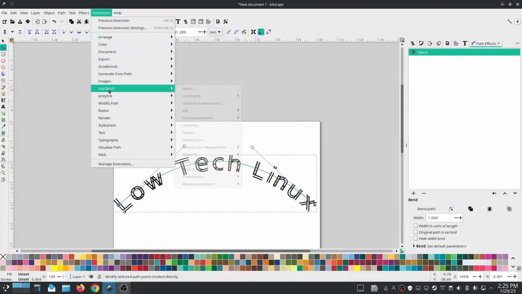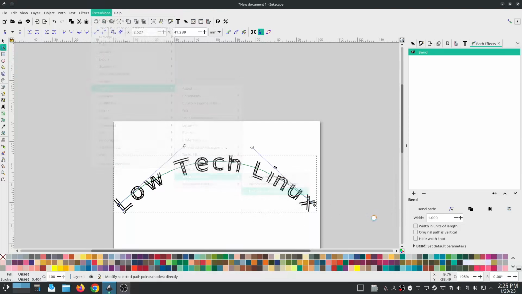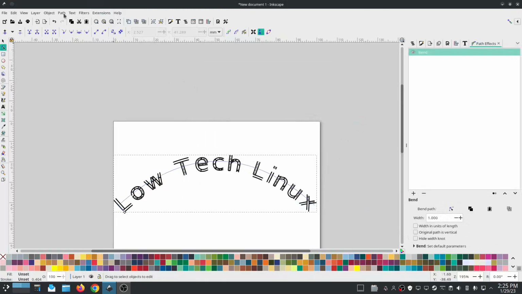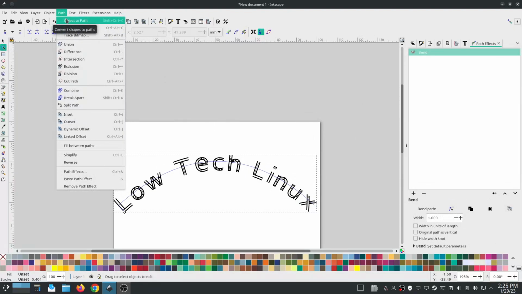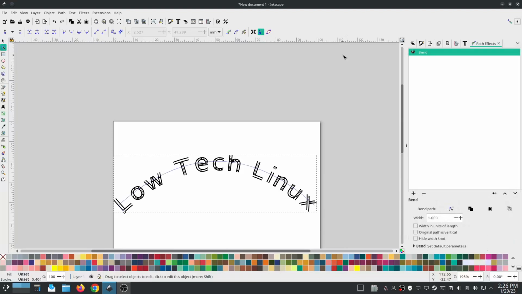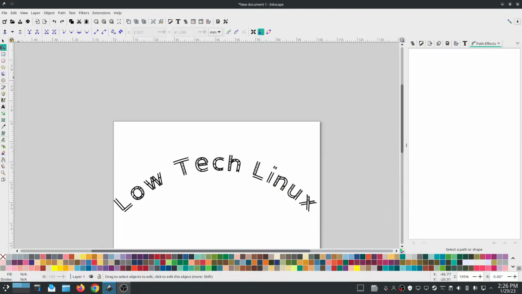We'll get a little bit crazier, but after you do your bend, make sure every single time you do Inkstitch, troubleshoot objects. If you still get all paths are valid, which we do here, the next thing you need to do is go path, object to path. When you do object to path, your bend goes away because it's no longer being bent. Now it's actually on this bent path. Control Z to undo. Now I just undid that object to path. Again, Control Z is your friend. You can go back in here and